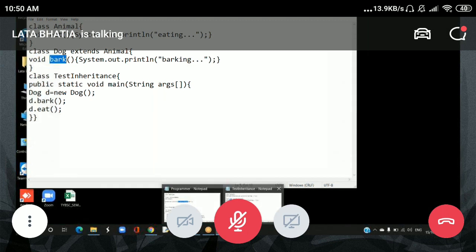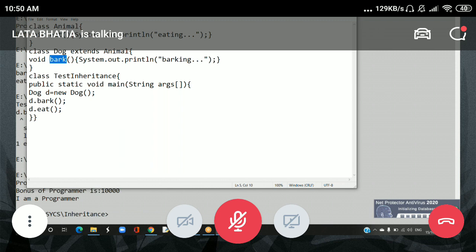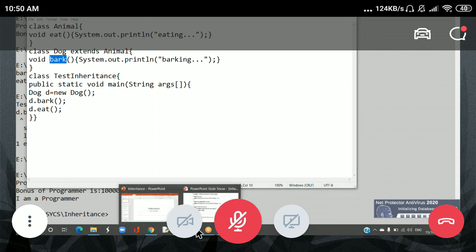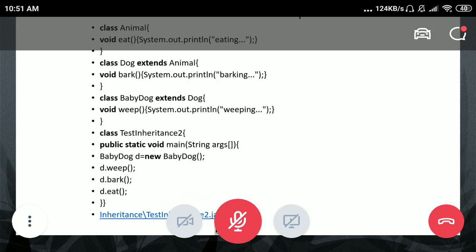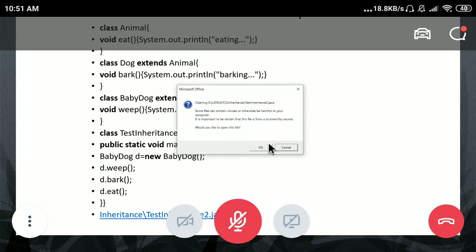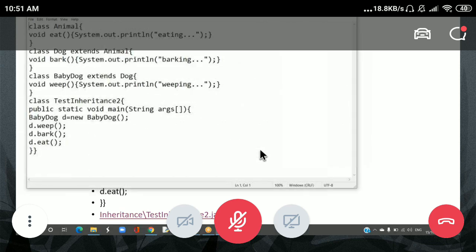Now this was the example of single inheritance. Next example is multi-level inheritance. Now see some modification has been done in this code. Observe the program properly and see what modification has been done.